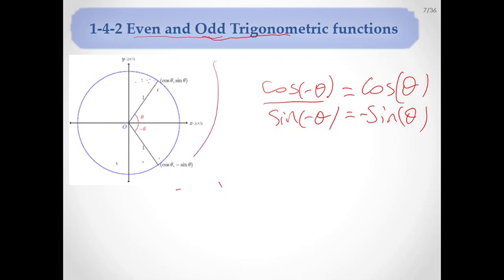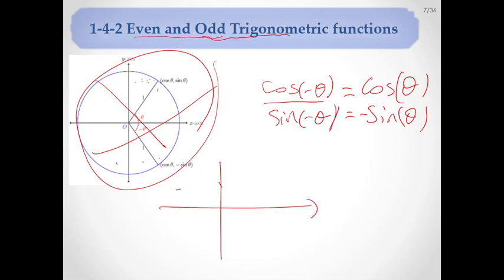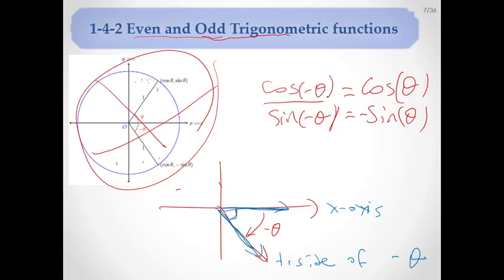Or if you don't want to use this one, if you want to use the reference angle, you can do the same thing: minus theta will come back to here. So what is the reference angle for this? This is the initial side, this is the x-axis, and this is the terminal side of negative theta. And then this angle here will be the reference angle. This theta is the reference angle